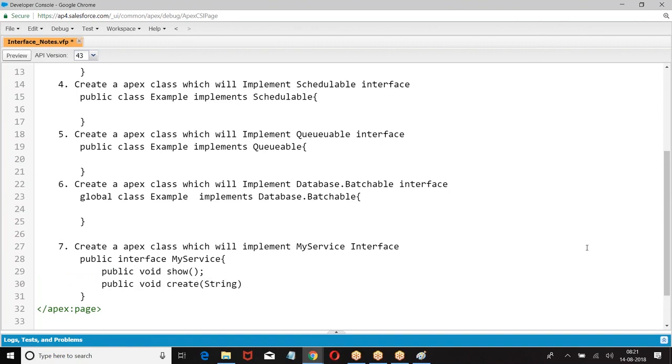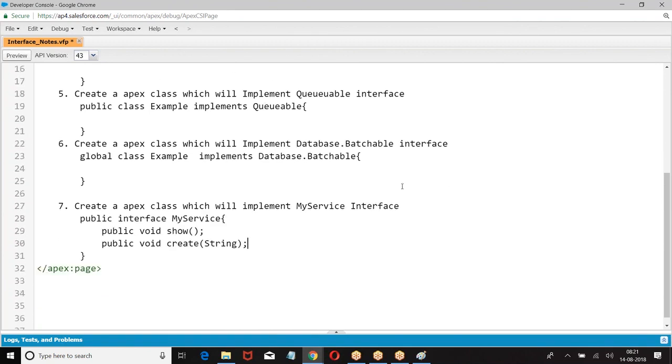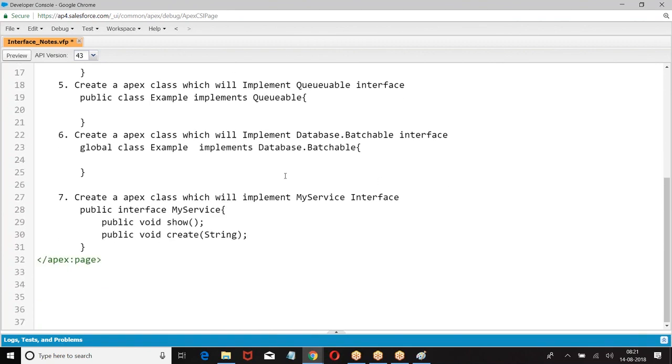Create the class, everyone. Create an Apex class which will implement my service interface. In the my service interface, we have two methods: show and create.